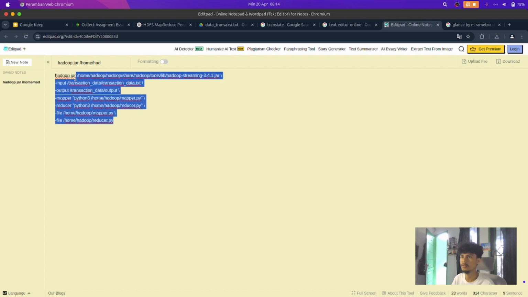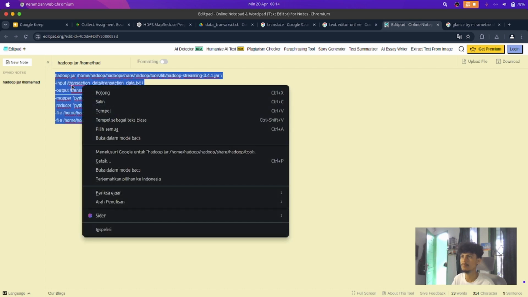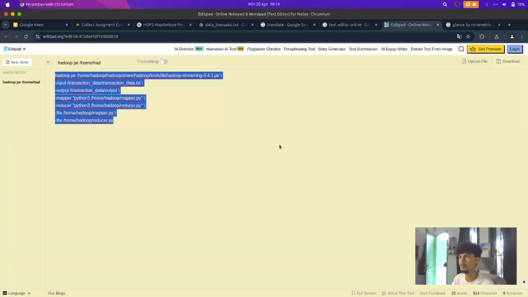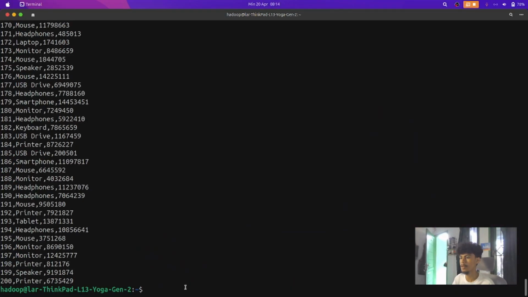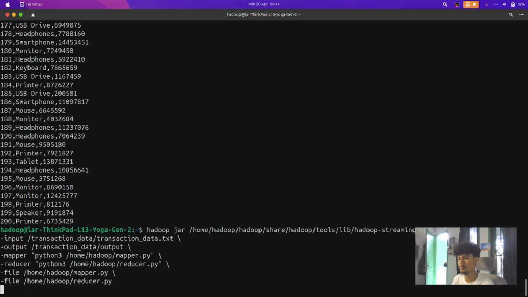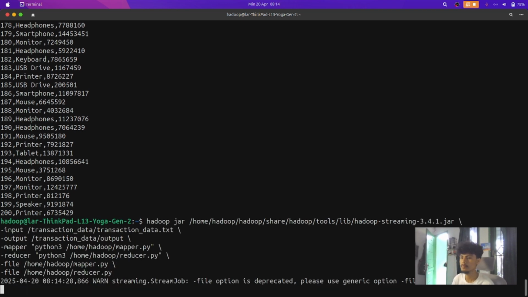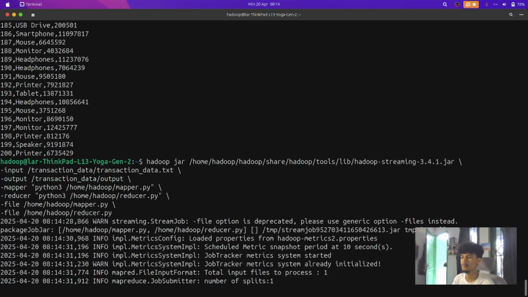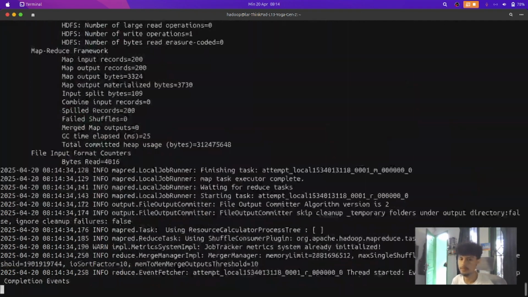Okay, we can copy and paste it in the terminal like this. And then enter, and wait for it to run.